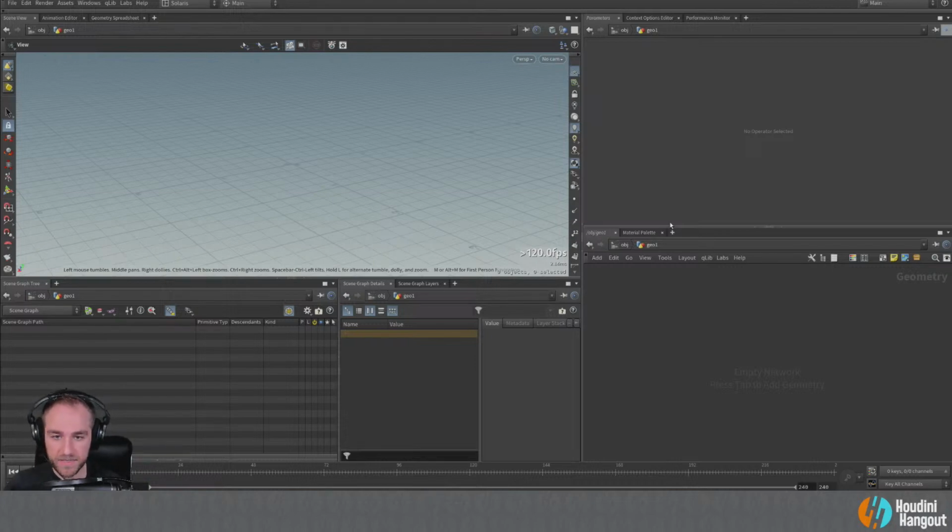The other thing is that Solaris and USD in general is really data rich. There's a lot of stuff you want to inspect. You don't really end up using the geometry spreadsheet for that. You use your panels down here. So let's talk about what you're going to be seeing me do, why I'm clicking on these different things, so we can all be on a level playing field when it comes to all these different panels and elements that we're going to be getting into.